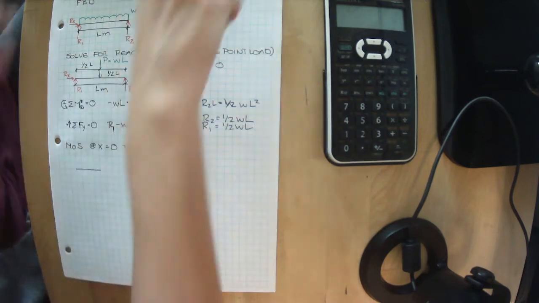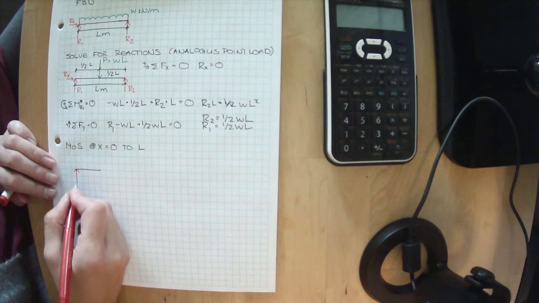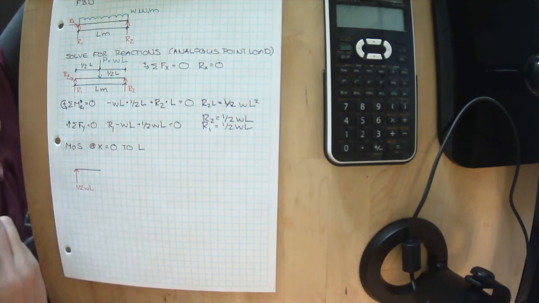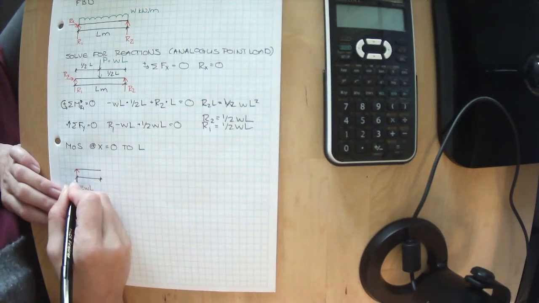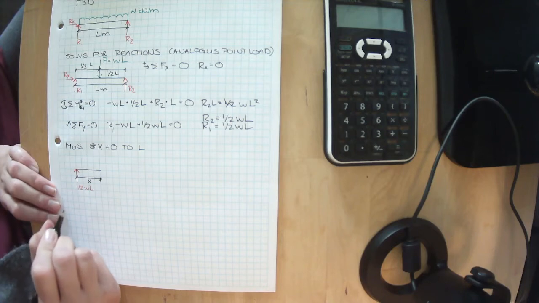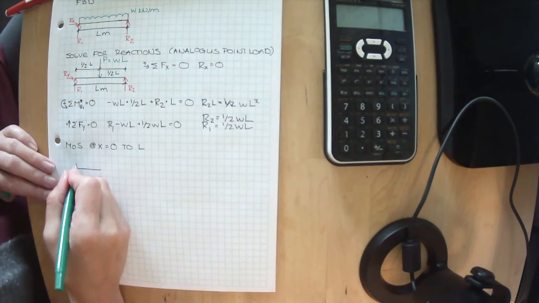So let's draw this. We know that our reaction, we've already solved for this, is 1/2 WL. We're cutting at X along the length. And we know,